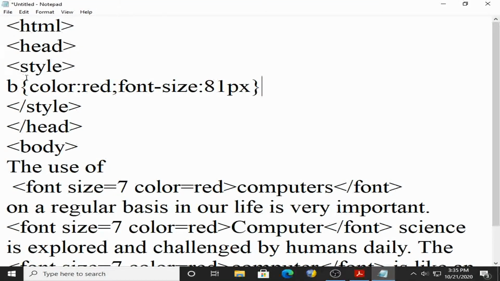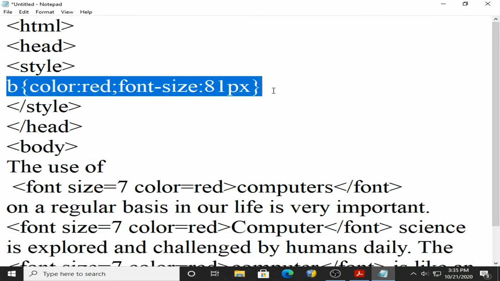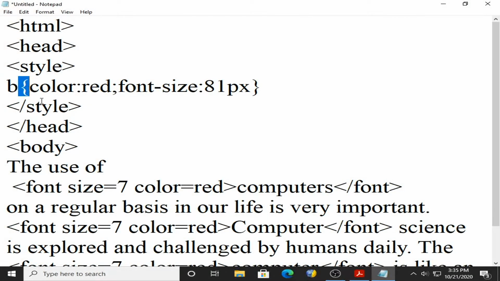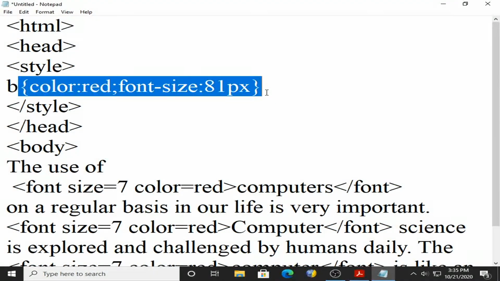Now this whole sentence is known as a rule, and a rule is divided into two parts. The first part is outside the curly bracket, the first word, which is known as the selector, and the second part, inside the curly bracket including the curly bracket, is called the declaration. I repeat what I spoke.